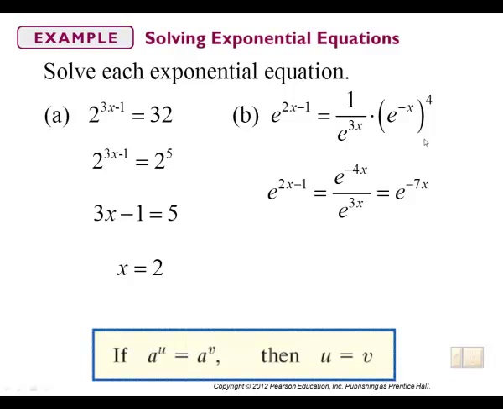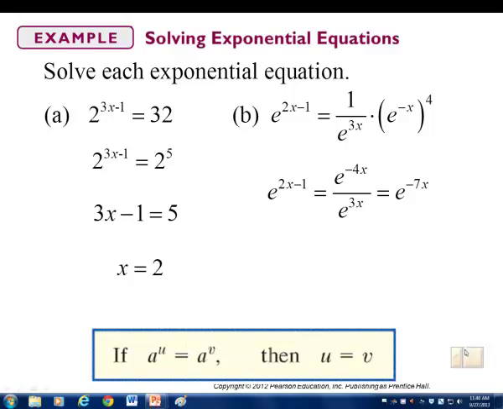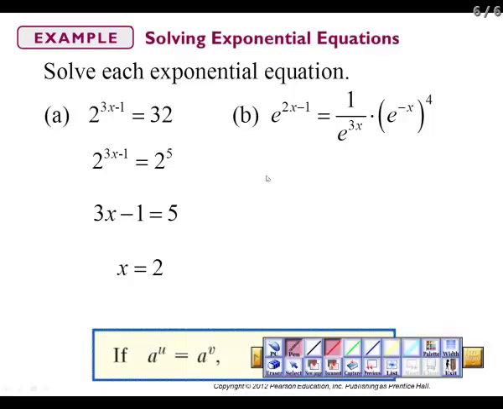So basically, back this up a little bit, we're taking this e to the 2x minus 1, and so this becomes e to the negative 4x over e to the 3x. And we know that